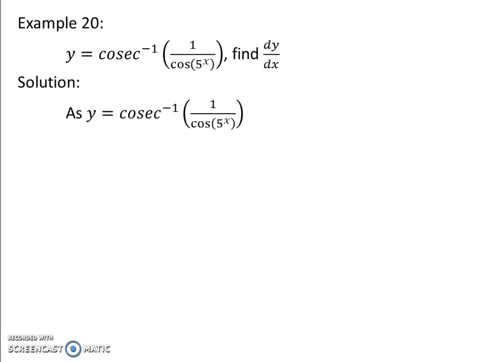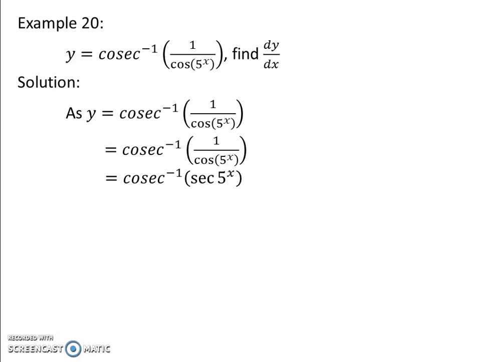Next example, example 20. If y equal to cosec inverse of 1 upon cos 5 raised to x, find dy by dx. So again, inverse trigonometric function के अंदर trigonometric function है, तो we will be using simplification instead of directly finding this. So we know that 1 upon cos is sec. So first of all उसका use करेंगे. So we get cosec inverse of sec 5 raised to x,